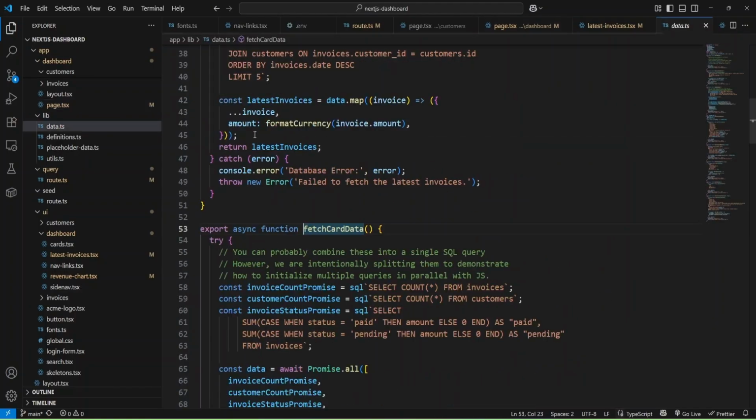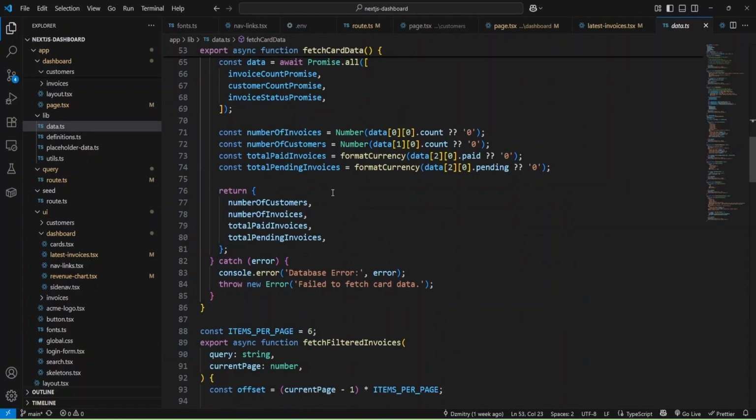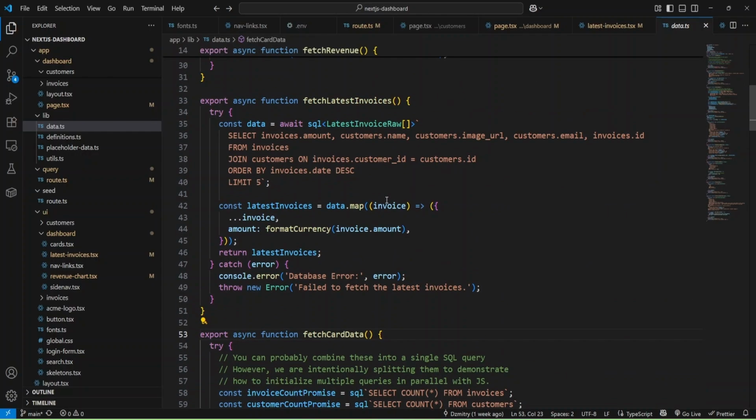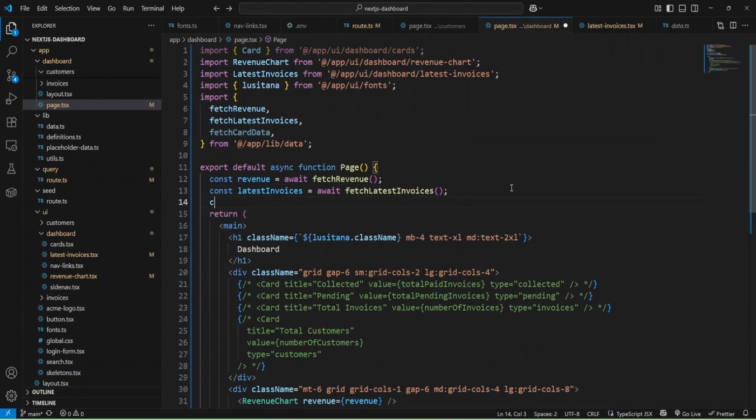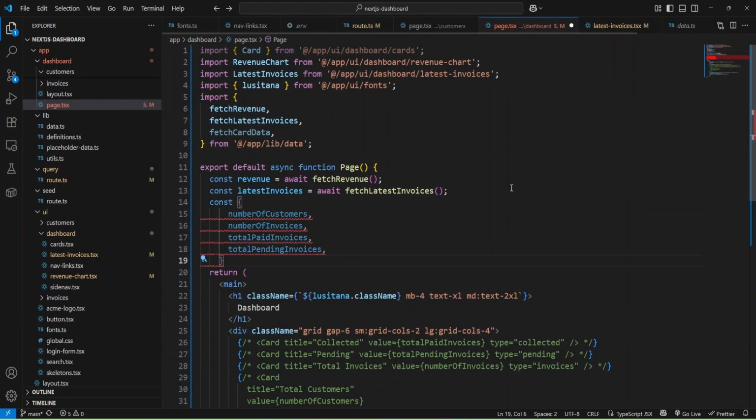Let's check. This function returns some object. Let's add this data to our component as well using const and assign it to card data. And we need to call the function and add await.